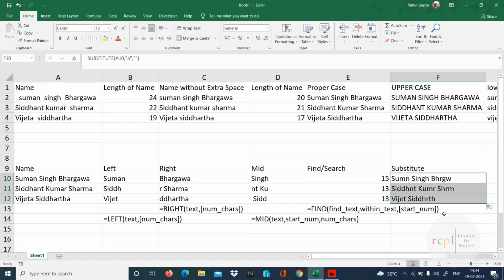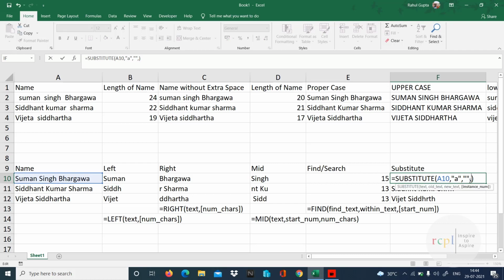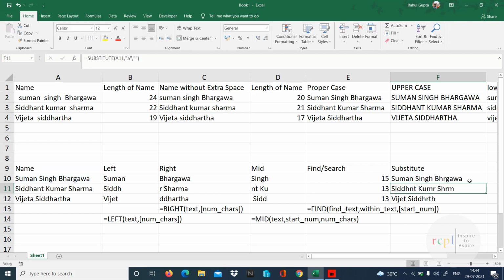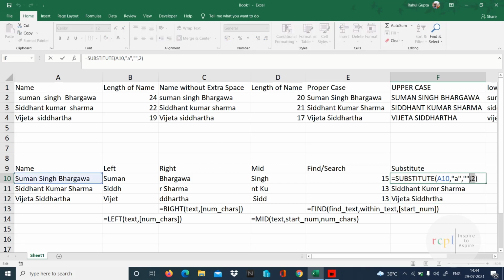But if I have to remove a certain occurrence, then we have one option of instance number. We can define the second instance only to remove. Do not remove all. So it's only going to remove wherever it finds the second one. So here in Bhargava, and here in Kumar, and here in Siddharth, the first. So we can specifically give an instance number of the one which I want to remove.